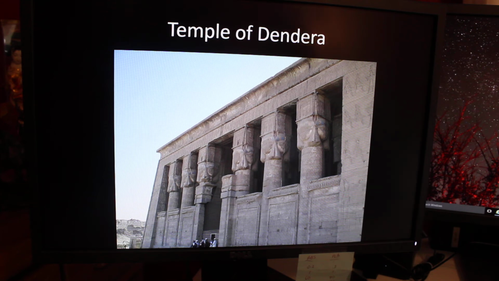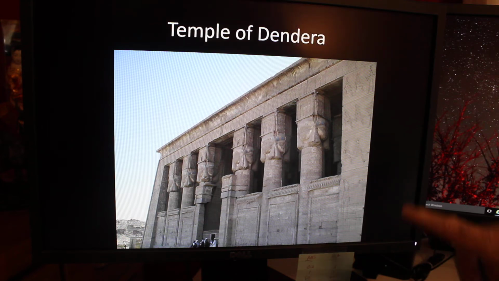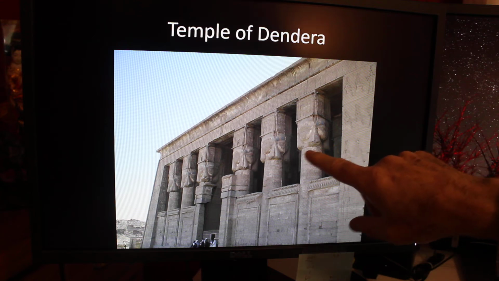All right. Then further up the Nile, these are all further south than the pyramids. This is the Temple of Dendera, and they were later in time. Remember, the pyramids were way back about 2500 BC. Then there was a big gap when they were burying all the pharaohs out in the Valley of the Kings. And then they had these temples. These were the temples that they worshipped at along the Nile. The Temple of Dendera was built about 1 BCE. And it's kind of in rough shape now, but this is what's left of it.